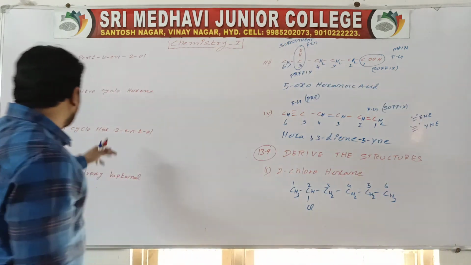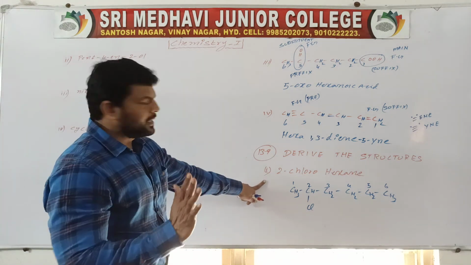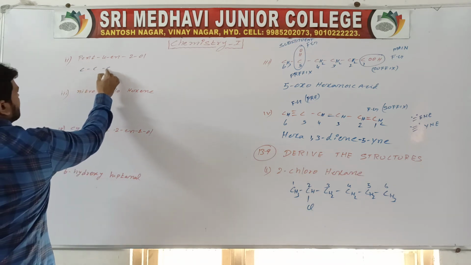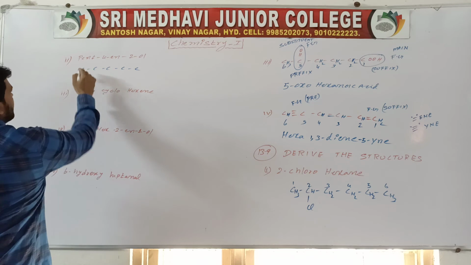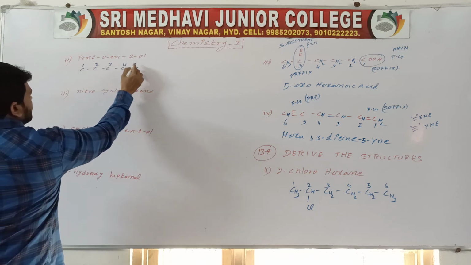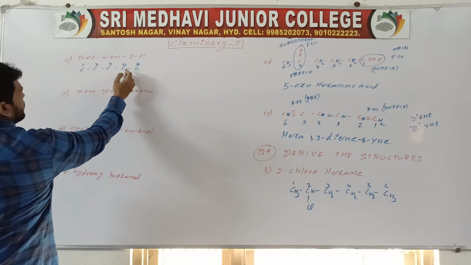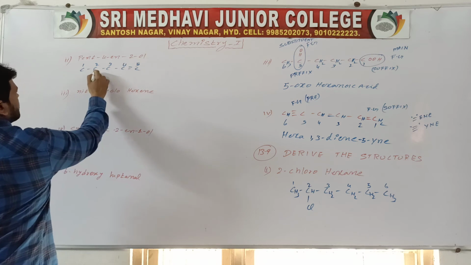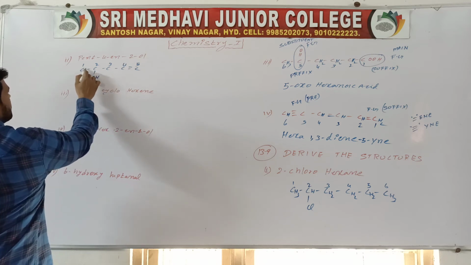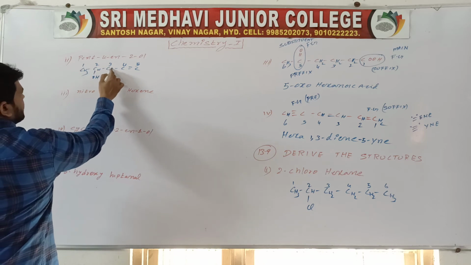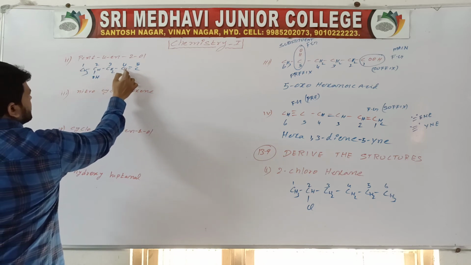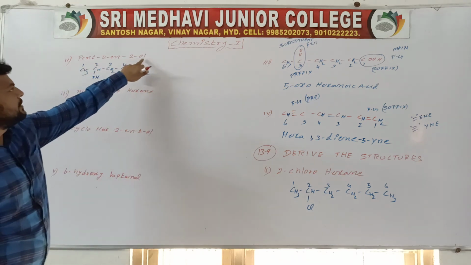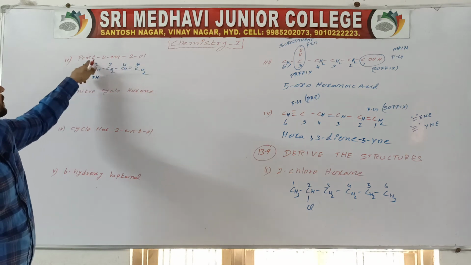So this is the way we have to write. This is the first one, already written. Then the second one, it is the root word. Pent means 5 carbons, so give numbering 1 2 3 4 5. Pent-4-ene, fourth carbon containing a double bond, 2-ol, second carbon containing OH. So CH3, CH, then CH2. It is a functional group. These two are functional groups. It is a root word.